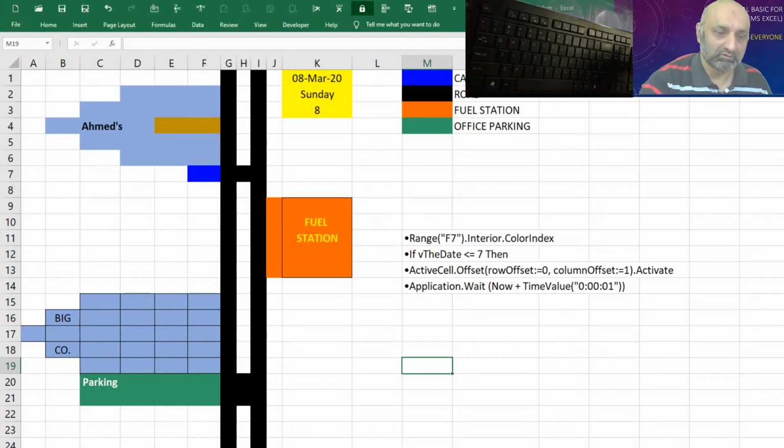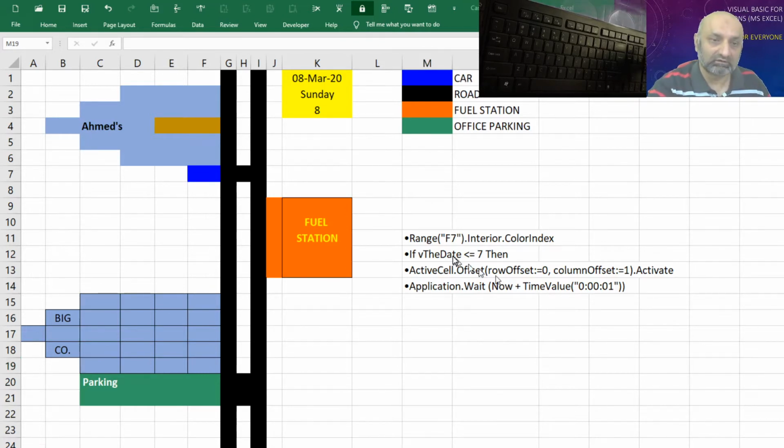Now let's understand: this is the car, the blue one, this is the home, and from home these are the roads, this is the fuel station, this is the office, and this is the parking of the office. We have colors in M1 for the car, M2 for the road, M3 for the fuel station, M4 for the office parking, and M5 is the standard white cell. So let's go to our Visual Basic.